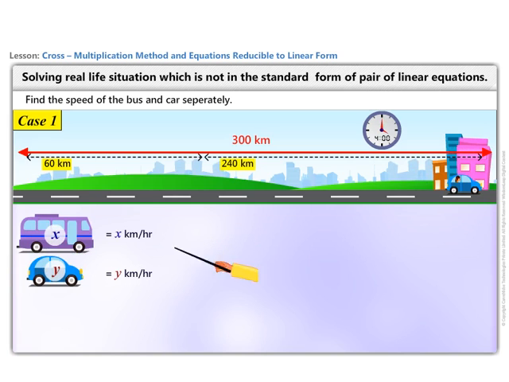Since the equations are not in linear form, let us substitute 1 by x is equal to p and 1 by y is equal to q. So, the equations 1 and 2 can be rewritten in linear form as 15p plus 60q minus 1 is equal to 0. Consider this as equation 3. And 20p plus 40q minus 5 by 6 is equal to 0. Consider this as equation 4. Using the cross multiplication method,